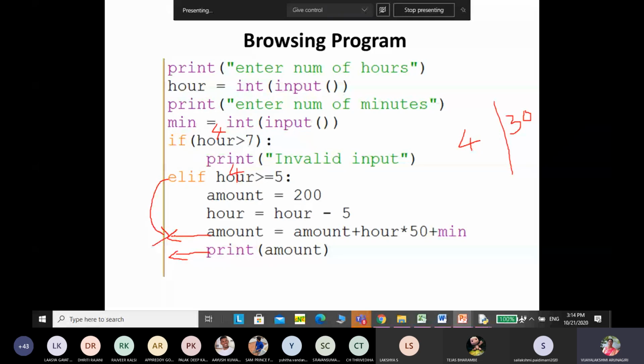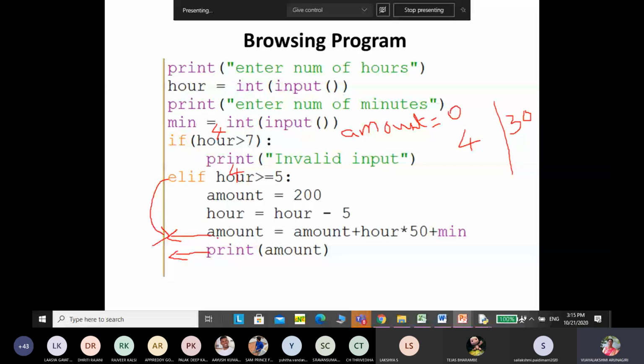For that you have to move the statement to the first column. Here what I'm doing: amount equal to amount plus hours worked into 50. So here some statement is missing. Before this if condition you have to initialize amount equal to 0.